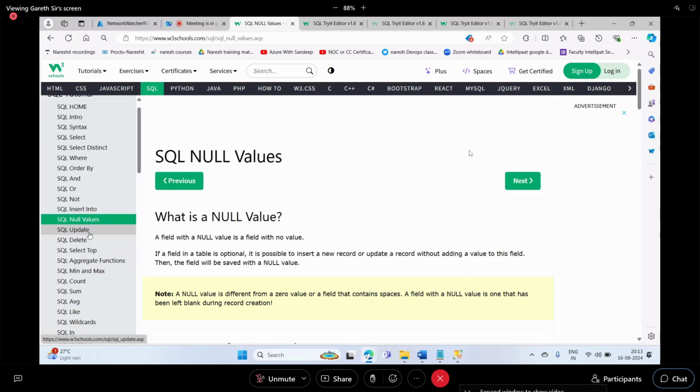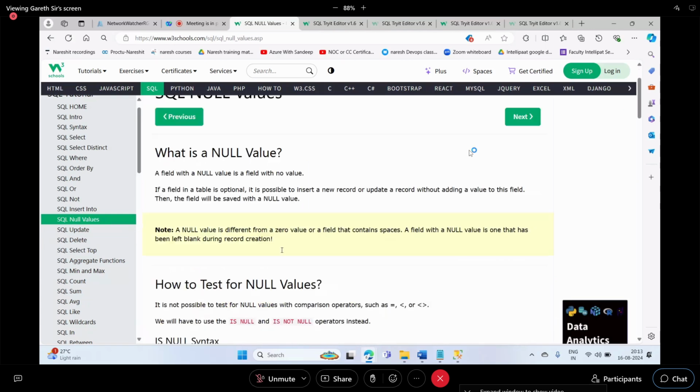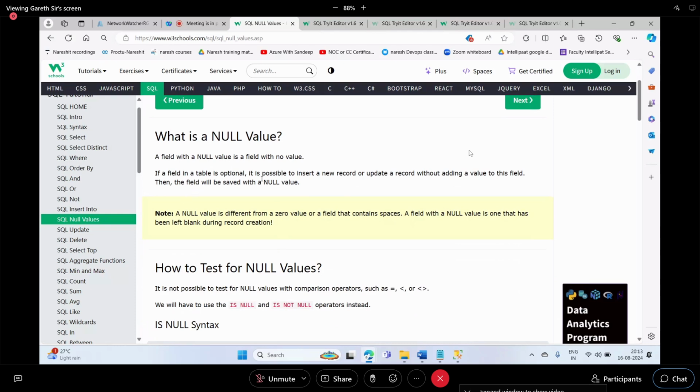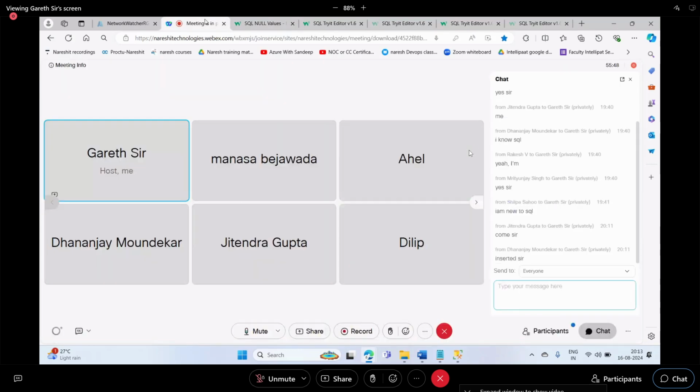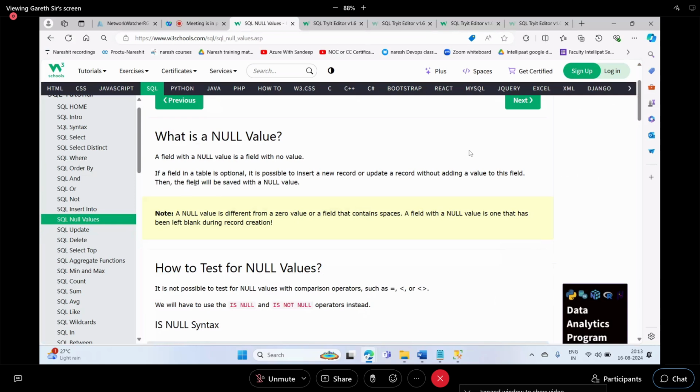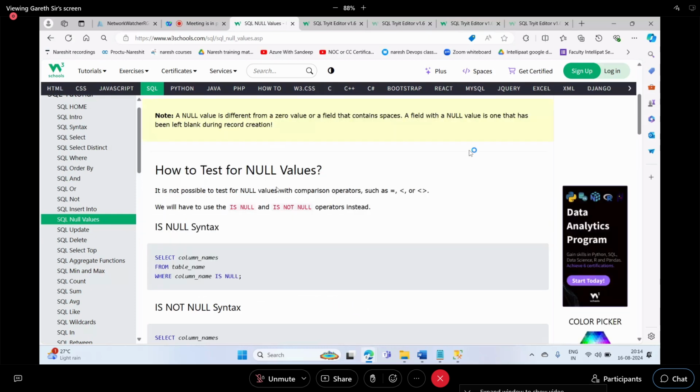All right, fine. What is a null value? A field with a null value is a field with no value. So wherever you are finding null in the records inside the table, it means that particular record is not having a value. If a field in a table is optional, it is possible to insert a new record or update a record without adding a value to this field. Then the field will be saved with a null value. Example,